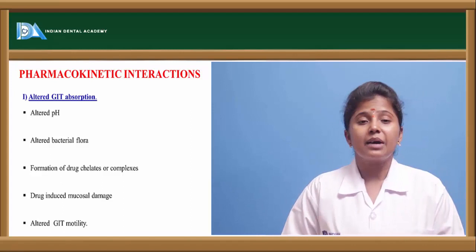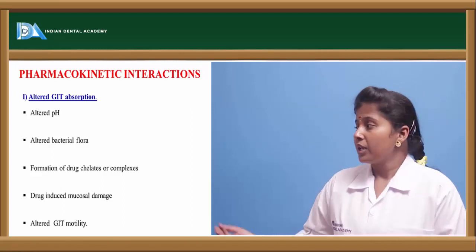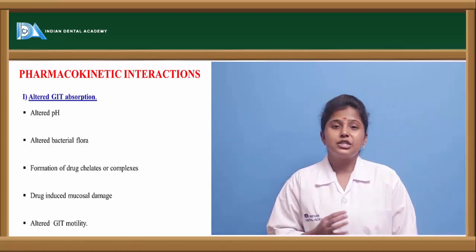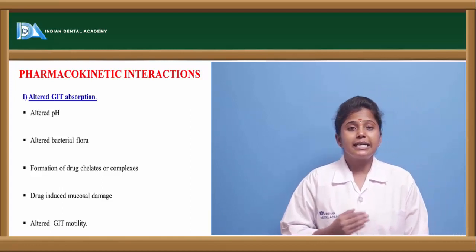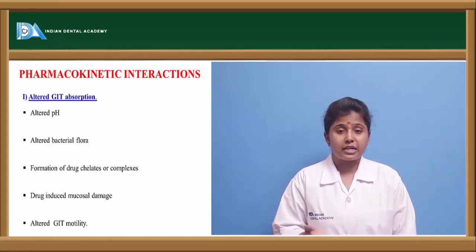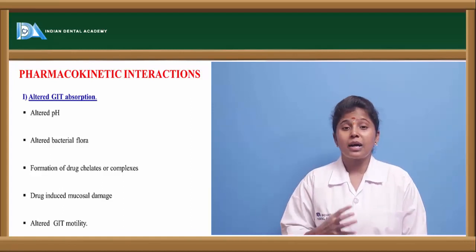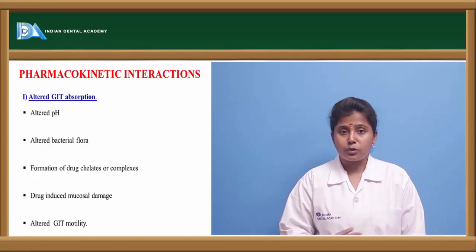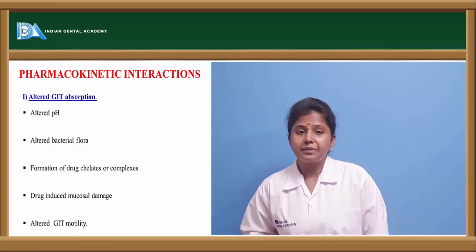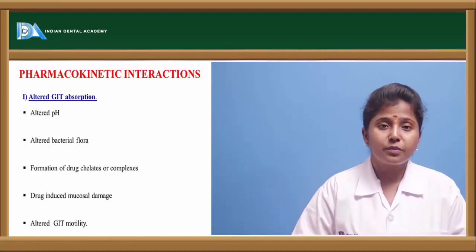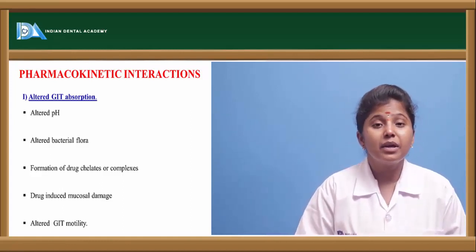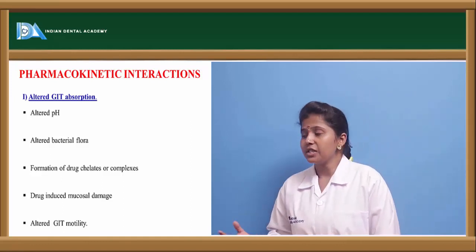In the sense, what is happening to the drug in the body? So if we see, it alters the GIT absorption. Because of the drug-drug interaction, if one drug is reacting with the other drug, what happens to the GIT absorption? It may lead to altered pH. So whatever the pH should be there in the GIT, that may be altered because of the drug interactions, and